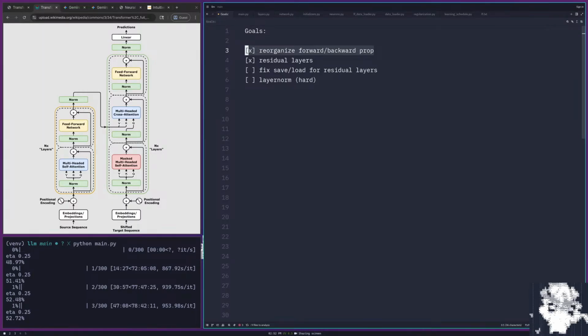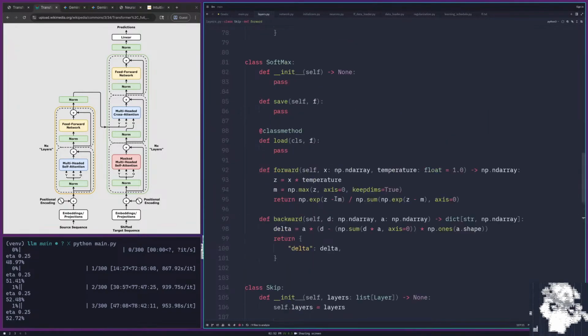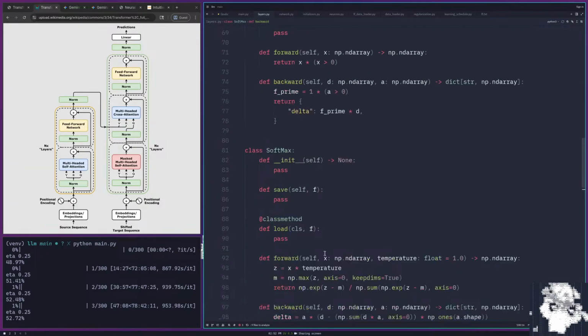The layer is in charge of its own forwards and backwards propagation. In the forwards prop, it just does the computation that brings the vector forwards. In the backwards prop, it returns a bucket of